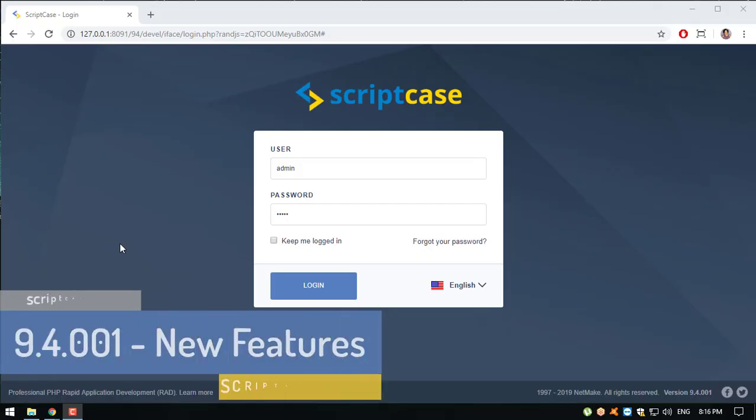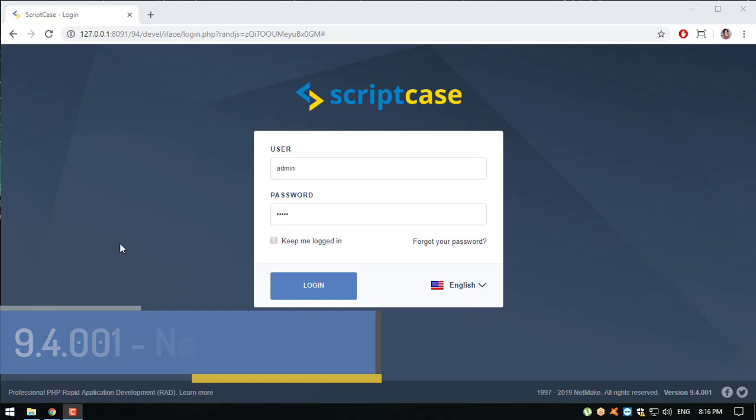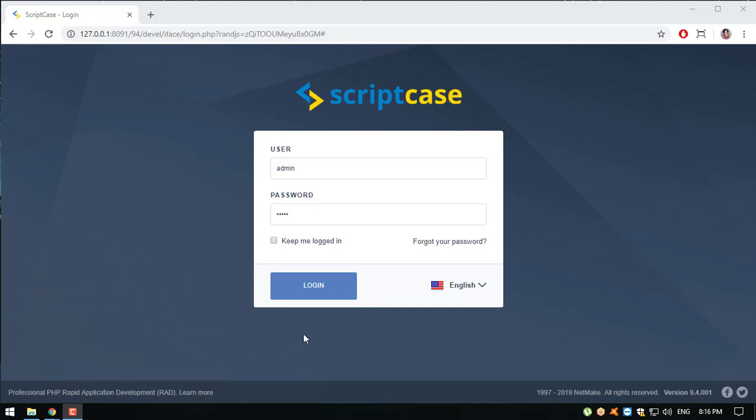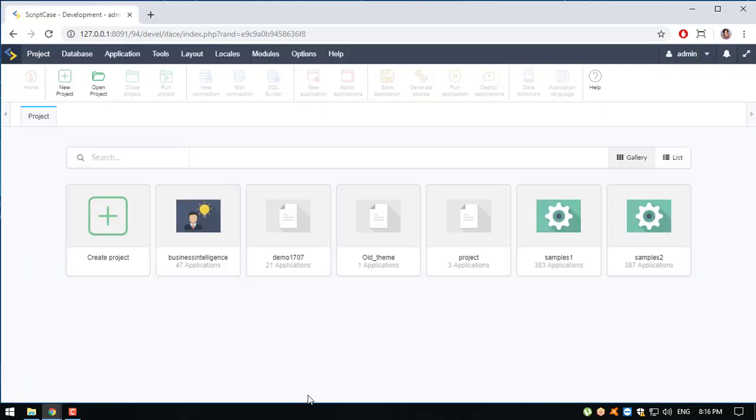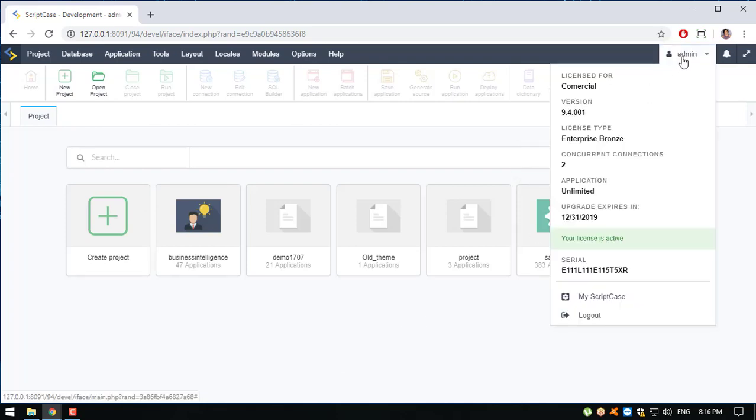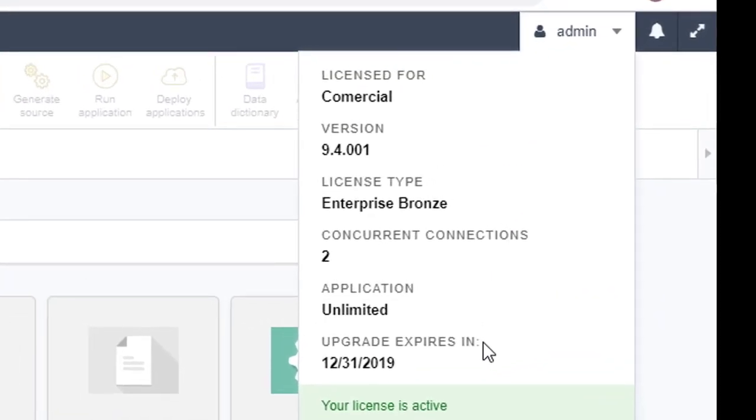This is Marcia, and today I'm going to show you the new features from version 9.4.001. So let's log on to Scriptcase. First thing is to make sure that your version is updated. You can check if your version is updated here. It must be